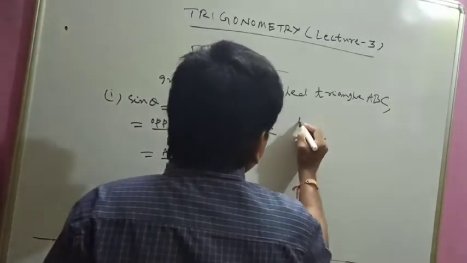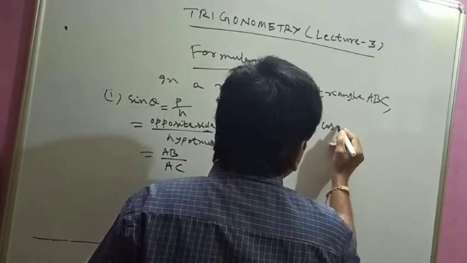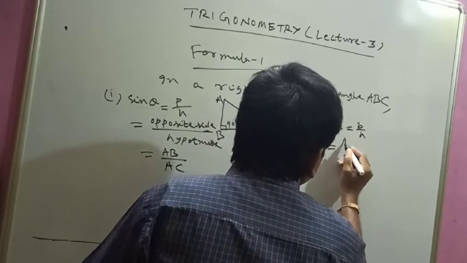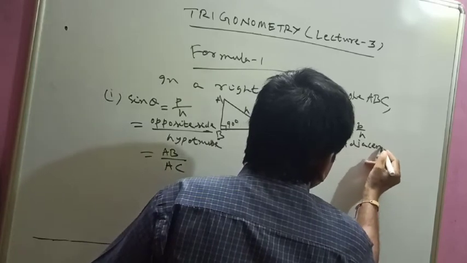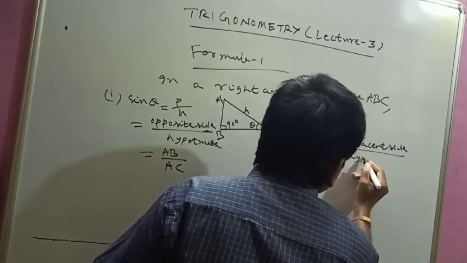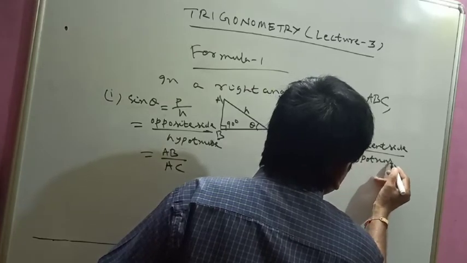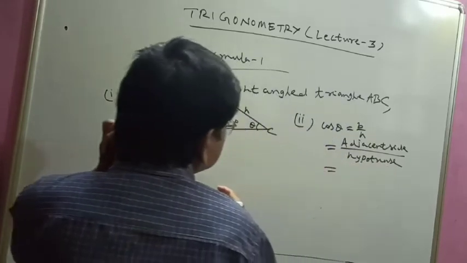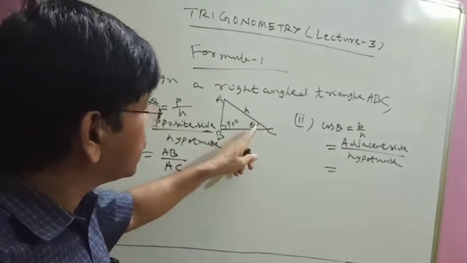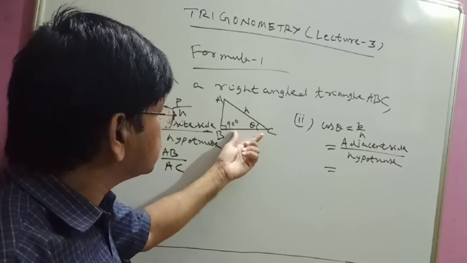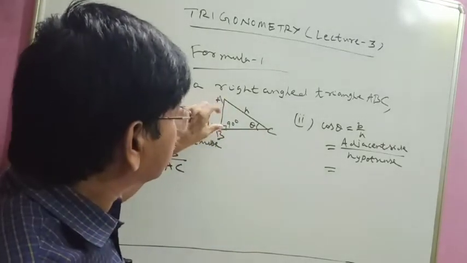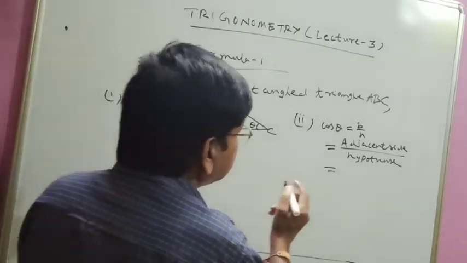Okay. Similarly, the second way to write: cos theta is equal to B by H. So this you can write adjacent side divided by hypotenuse. Adjacent side by hypotenuse. Okay. So here B means base. So base means when you are taking this angle, this is base, that is adjacent side. Okay, but if you take this angle, in that case base will be this one, AB.